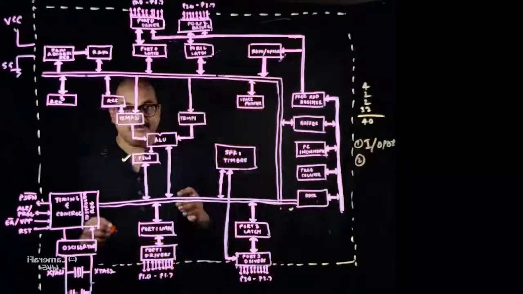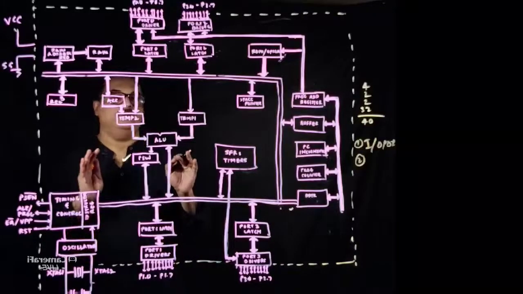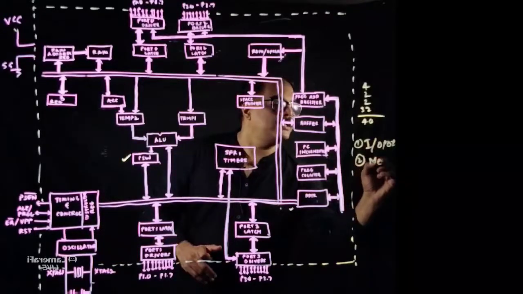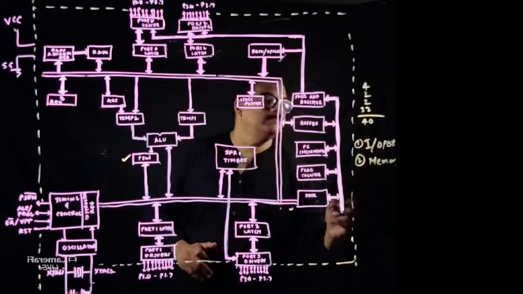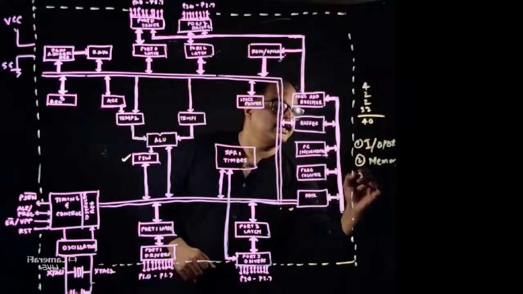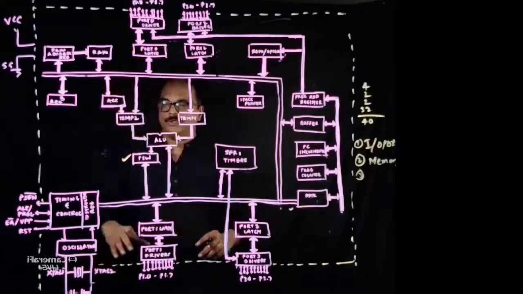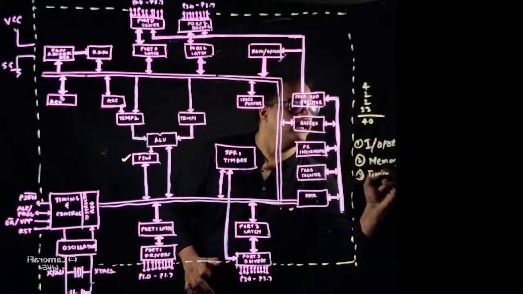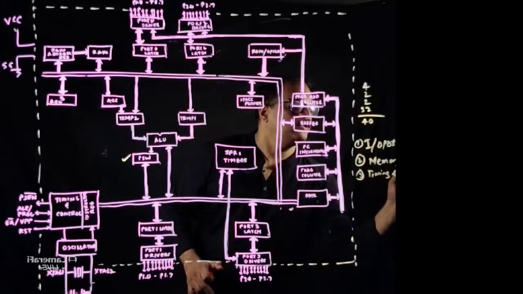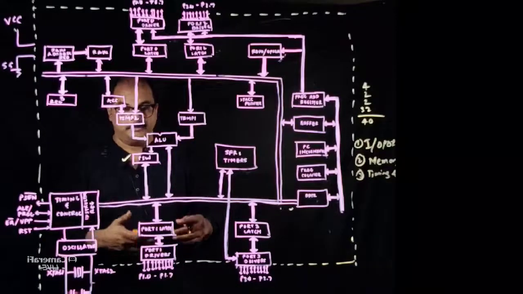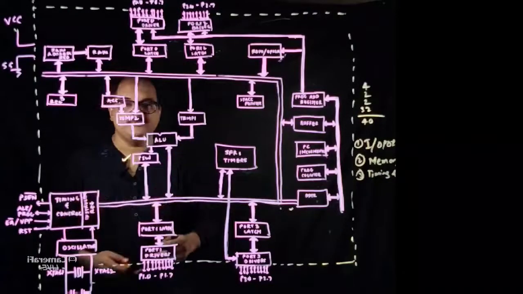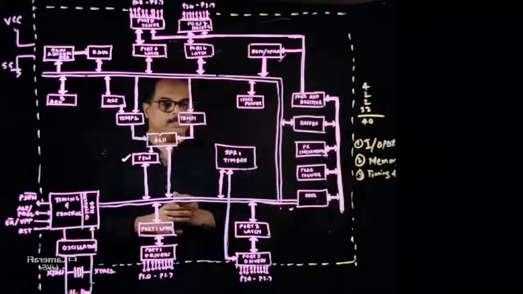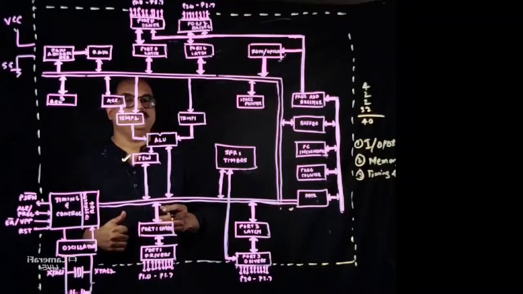Second, obviously when you talk about a microcontroller, you require memory, you require different types of memories inside. So the second category of circuitry is memory, okay. Then the third category, let us see the third category. You see this timing and control circuit, obviously you require a timing and control circuit for giving out different control signals and the timing signals to the 8051. So we have IO ports, we have memory, then we have timing and control signals, then you have